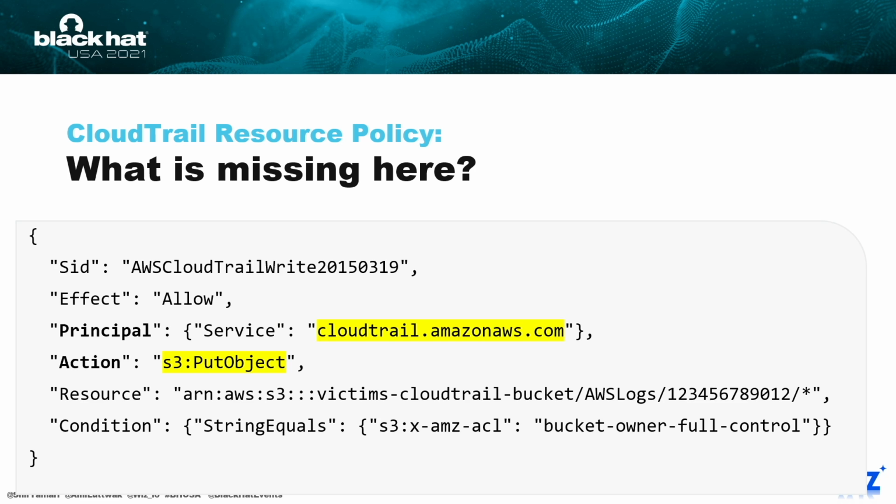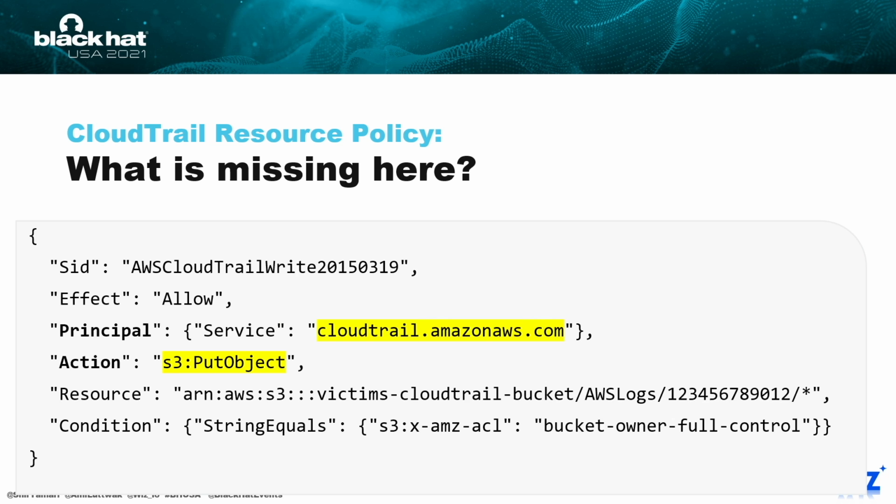So this policy allows CloudTrail to write objects, yeah, but okay. Shir, wait. What we're seeing here is a very basic and simple resource policy that we see all the time in AWS, right? We see here a service, CloudTrail, that has access, PutObject, into the bucket. So if I want CloudTrail to write into my bucket, it makes sense that I would put the principal CloudTrail and the action PutObject. But, so what's missing here? Maybe we can let the audience think about it for a second. What's missing in this resource policy?